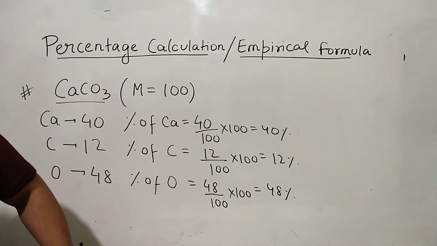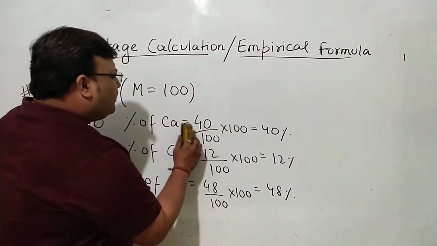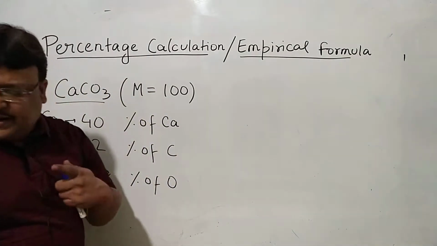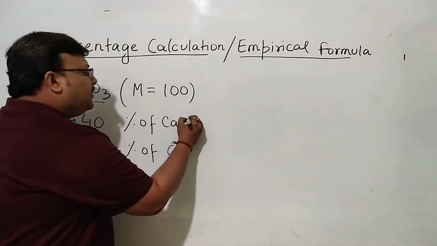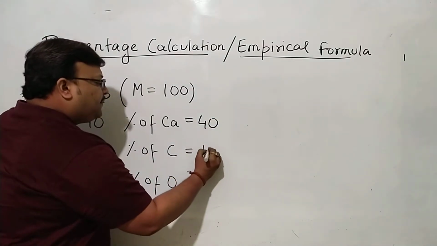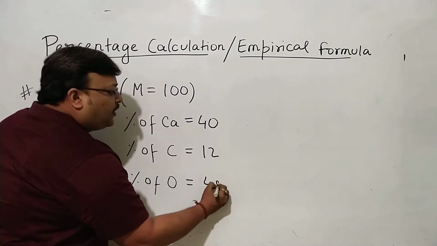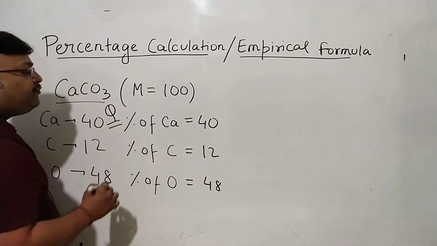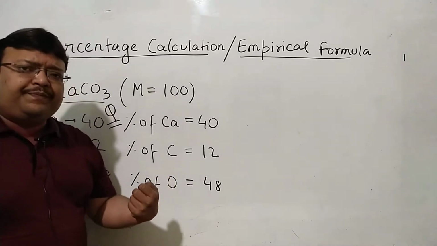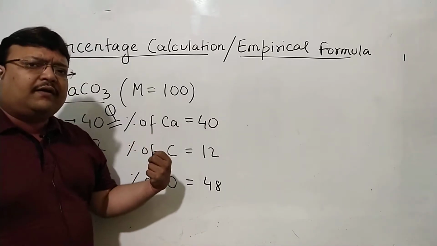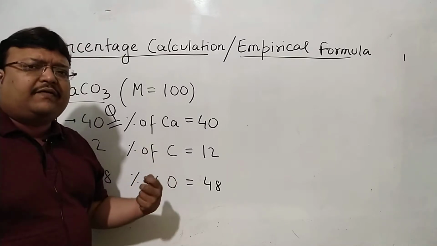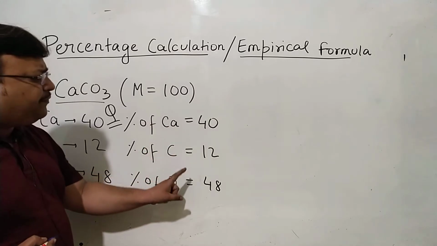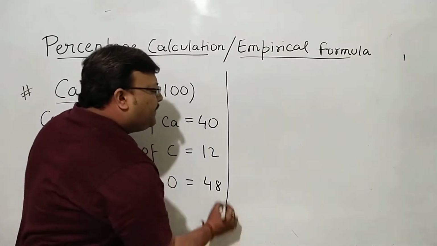So we'll take it as a new problem altogether, where we are told that the percentage of calcium in a given compound is 40%, carbon is 12% and oxygen is 48%. If this happens to be a question, we have to find the empirical formula of this compound. I repeat, we already know it's calcium carbonate, but this being the first problem to begin with, we're trying to frame the question and solve it on our own. Now 40%, 12%, 48%. How do we get the empirical formulae?